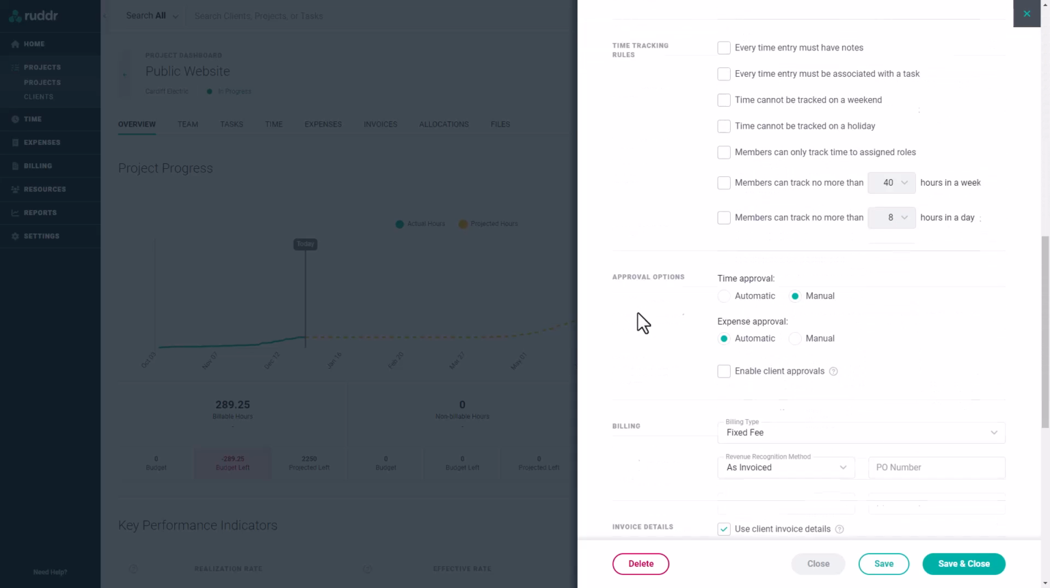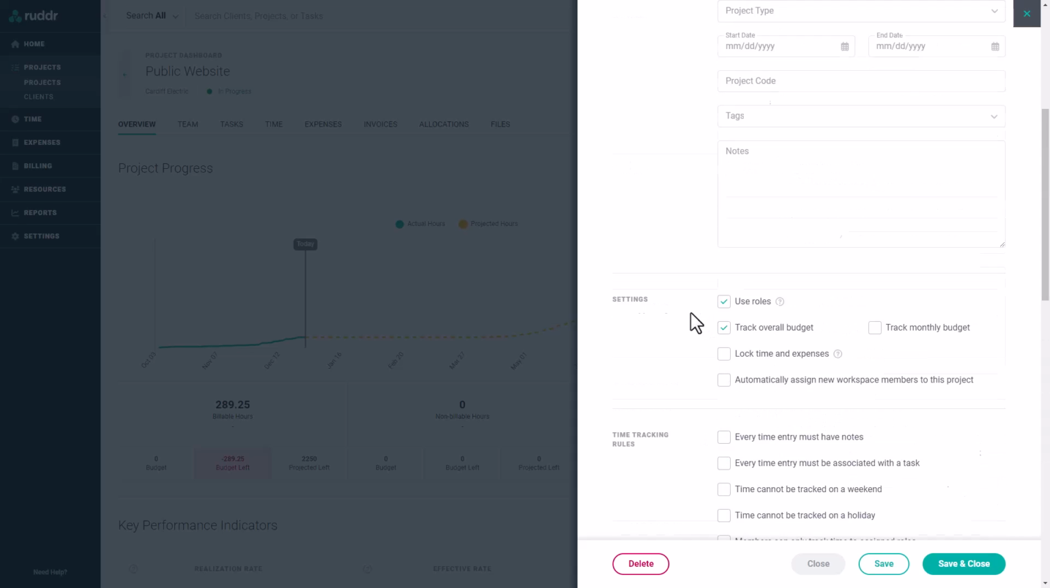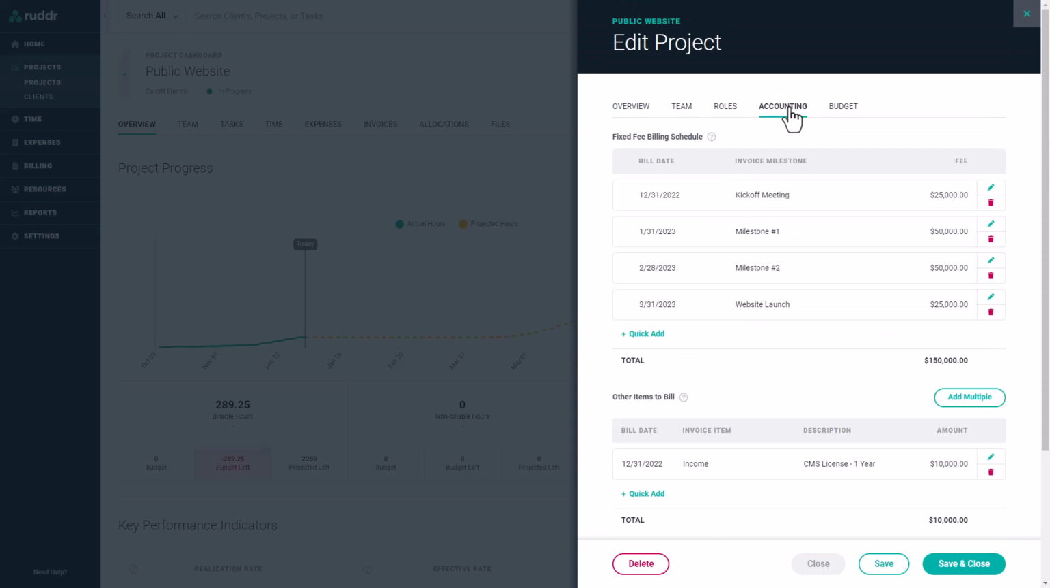We can see this by scrolling down to the billing section and looking at the billing type. For a fixed fee project, the Accounting tab controls the billing of the project. The fixed fee billing schedule for this project has 4 entries. We'll start by billing $25,000 on December 31st, $50,000 on January 31st, $50,000 on February 28th, and $25,000 on March 31st. The grand total that we'll invoice for this project is